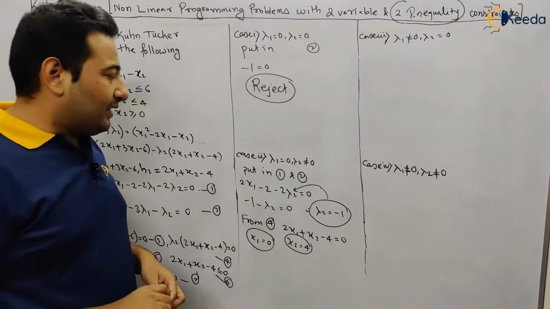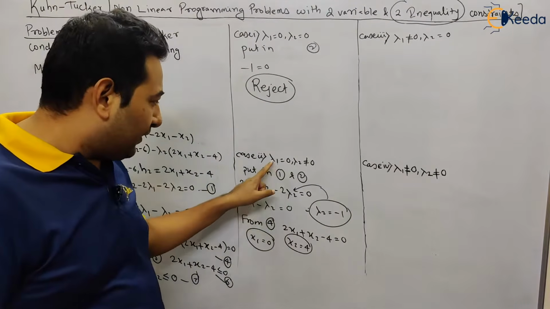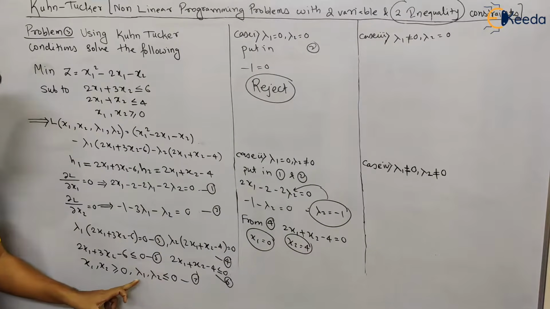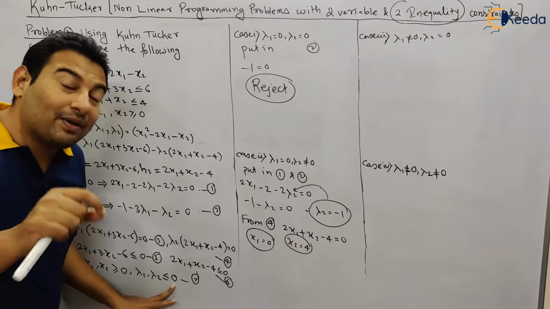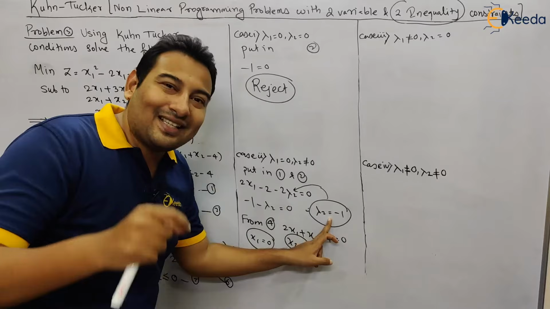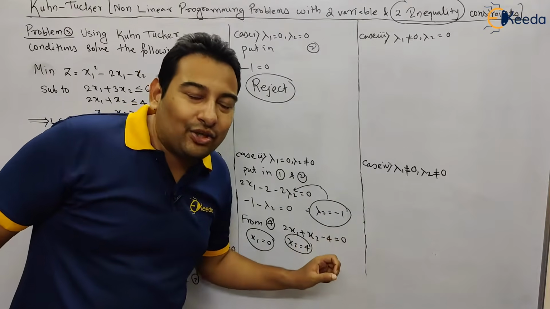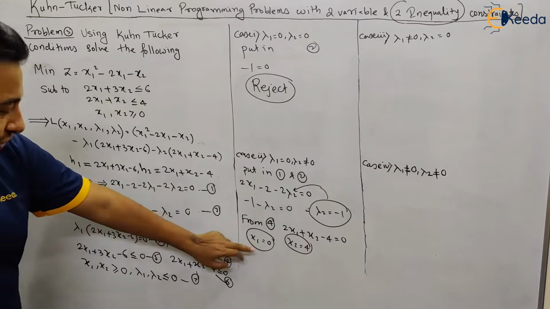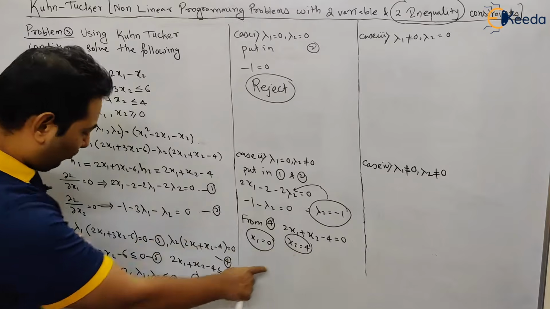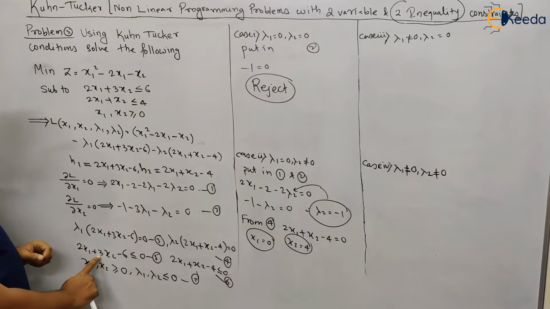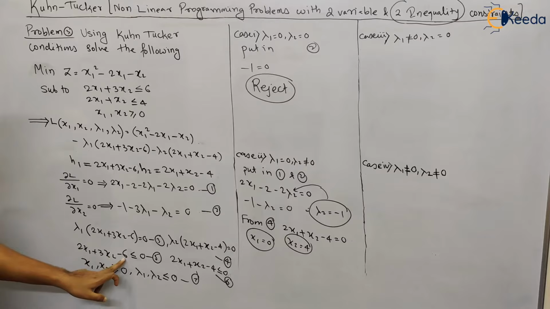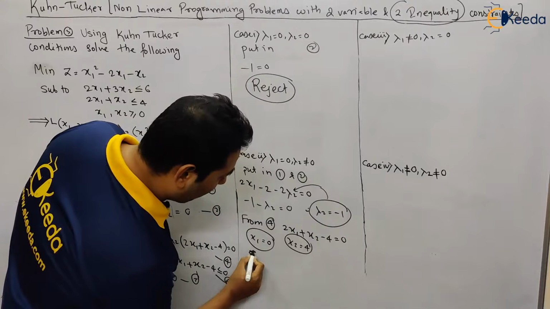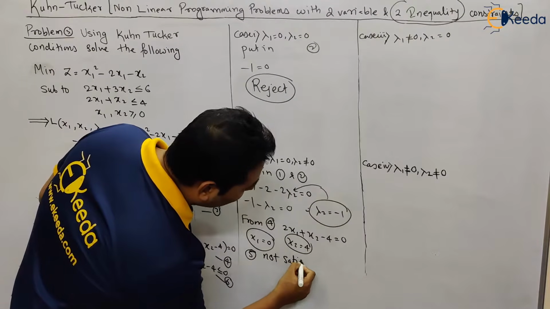Now let us check. Equation number 7 is satisfied: lambda 1 equal to 0, lambda 2 equal to minus 1. Lambda 1, lambda 2 must be less than equal to 0 because the problem is of minimization type. So this is acceptable. But we need to check 5 and 6 also. Let us check equation number 5. If I put x1 equal to 0, this is gone. x2 equal to 4, so 4 3s are 12, 12 minus 6 will be 6. 6 less than equal to 0, not satisfied. 5 not satisfied. Reject.